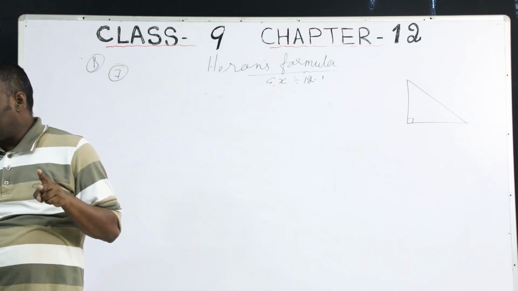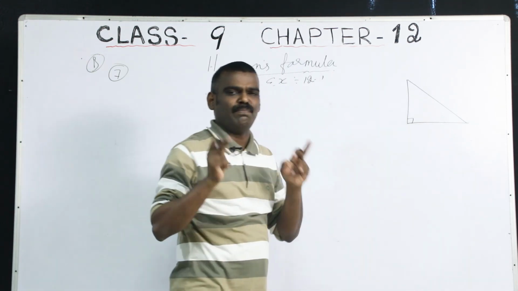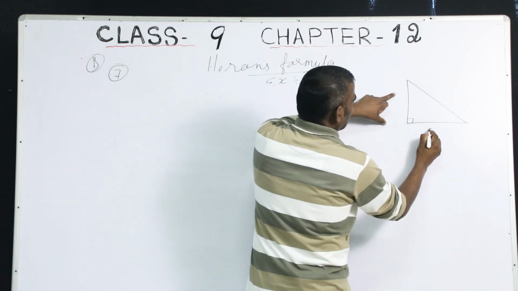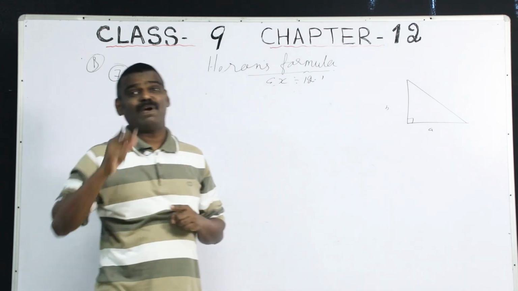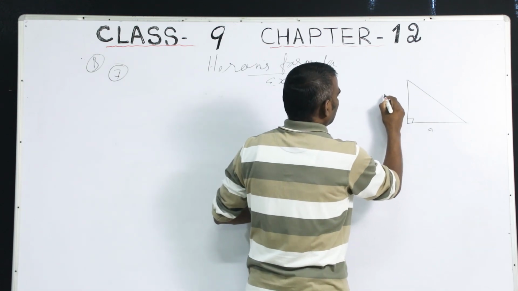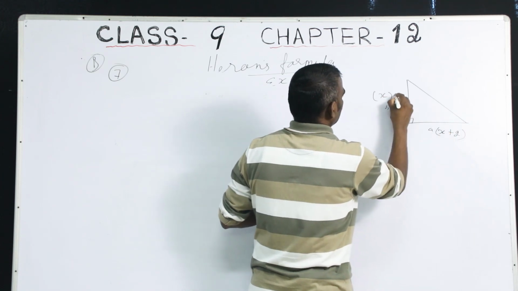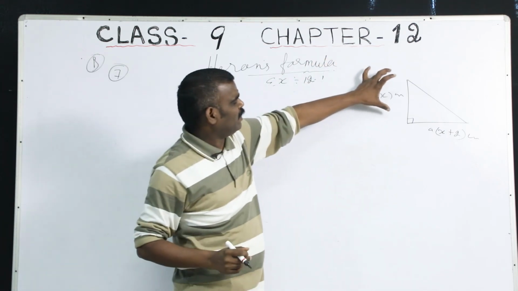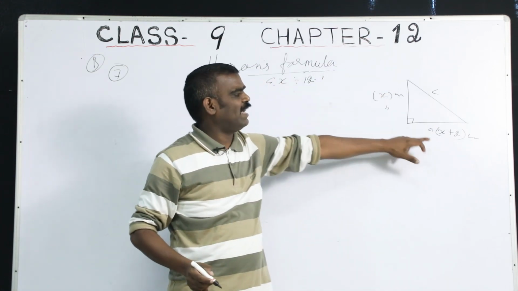Read the question. The length of two sides of a right triangle containing the right angle. These two sides containing the right angle means the two sides make 90 degree. Let's say A and B. A and B make 90 degree, right? So that differ by 2. Suppose B is equal to x, then A will be x plus 2. We do not know what is A and B. This is C. Suppose B is x, then A will be x plus 2.